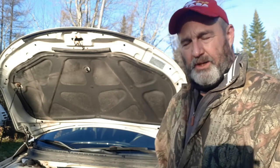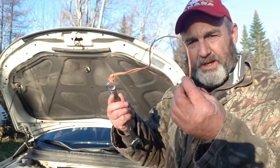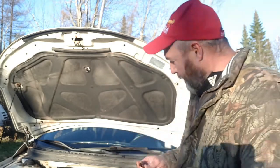Just a little quick tip when you go to do your oil change and you happen to not have an oil filter wrench. You can make one really simple and easy just out of a piece of string and a spare wrench that you have. You basically tie it around